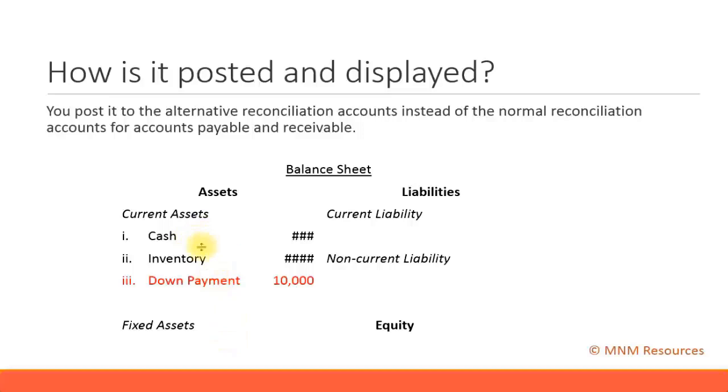This will be mentioned as a separate line item, because you need to know in your balance sheet how much you have made as a down payment, or how much the customers have made as a down payment, or what bills of exchange you have made, or what the security deposits are. All this information you need to note down as separate line items. So this can be easily identified in the financial statements. So we see how